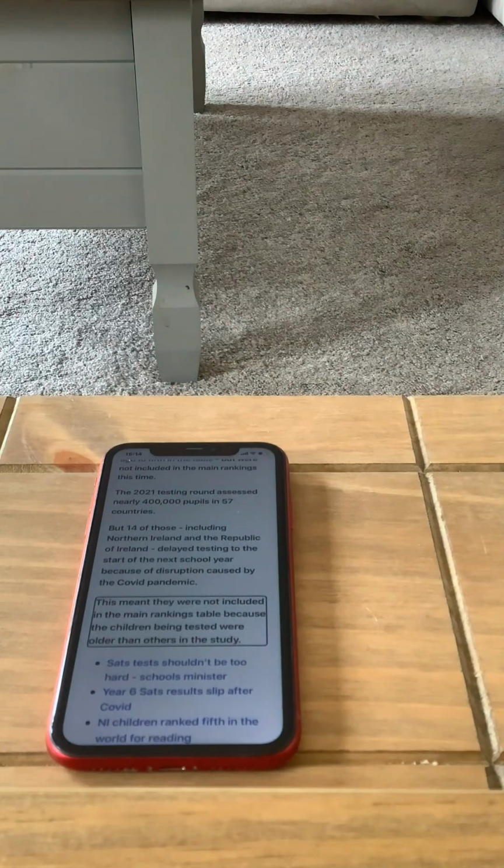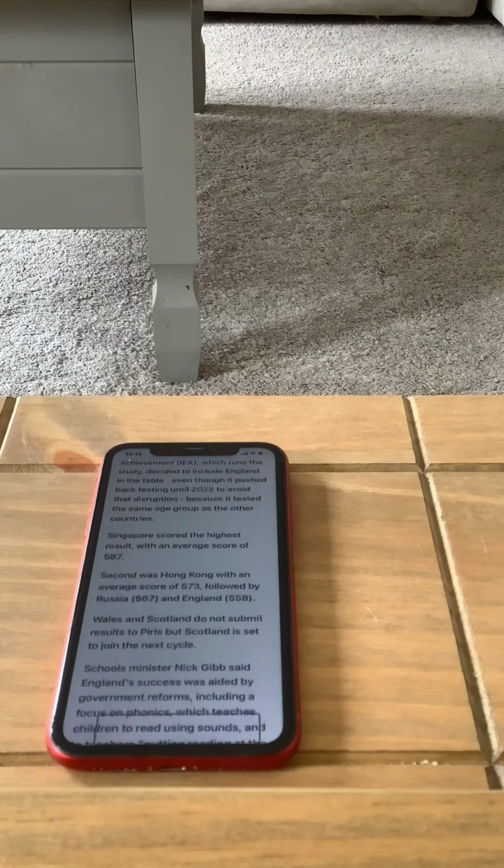were not included in the main rankings table because the children being tested were older than others in the study. Bullet. List start. SATs tests shouldn't be too hard. Schools minister. Link. Bullet. Year 6 SATs results slip after COVID. Link. Bullet. NI children ranked 5th in the world for reading. Link. List end. The International Association for the Evaluation of Educational Achievement, IEA, which runs the study, decided to include